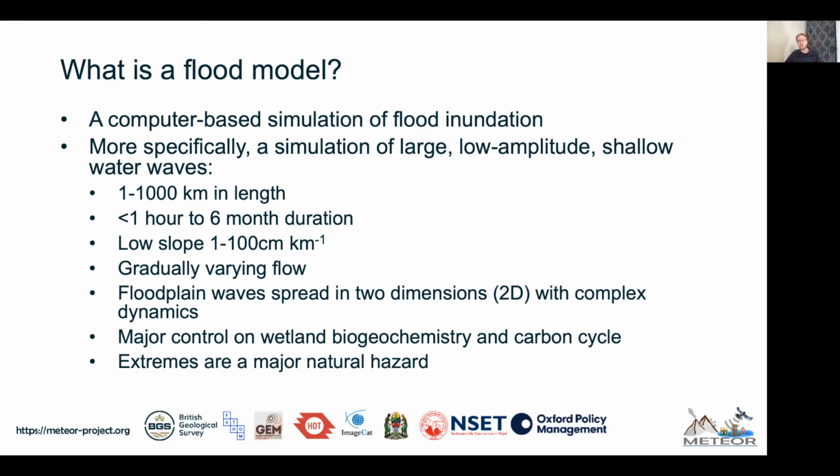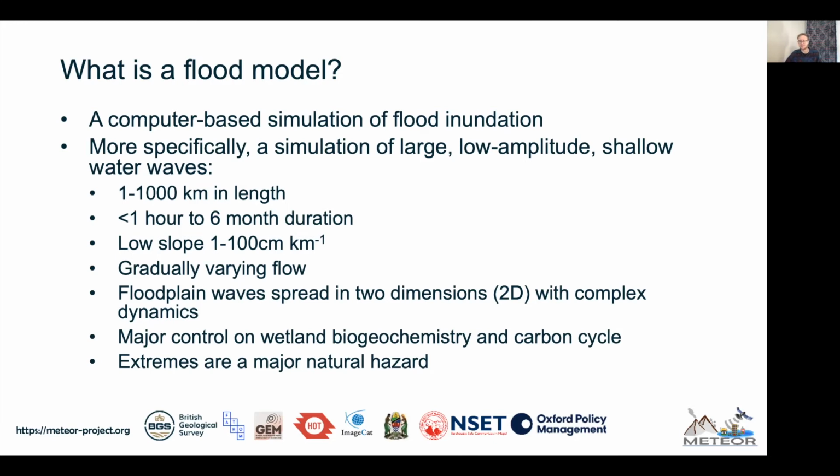The annual Amazon flood wave is a good example of this. Now, all shallow water waves share the common trait of having a low slope and varying gradually. So that's the kind of process that we are trying to represent within a flood model. And flood waves represent a major control on wetland biogeochemistry and on the carbon cycle. And of course, in their more extreme forms, they can pose a really significant risk and cause an awful lot